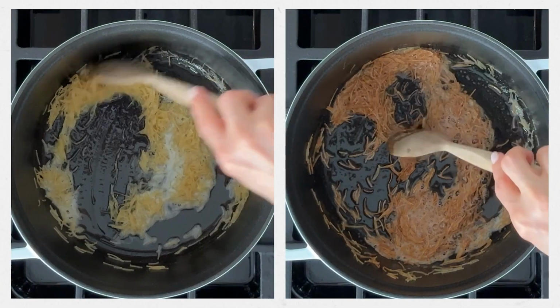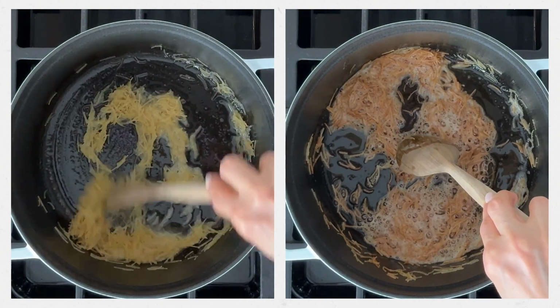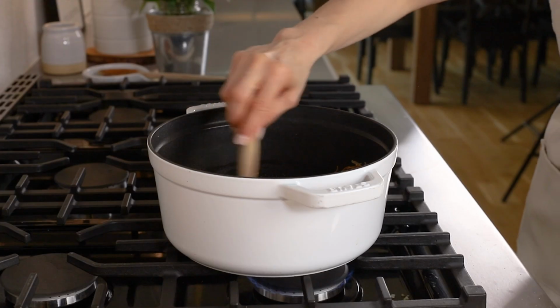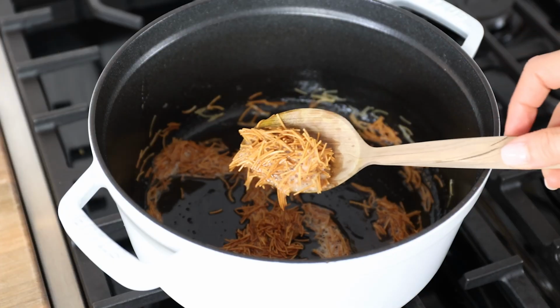Now, as we're stirring, we're looking for that deep golden color. It should almost look like it's about to burn, because that's where all the nutty, toasty flavors come from. This takes about 5 to 6 minutes, and the key here is to keep it moving so it browns evenly